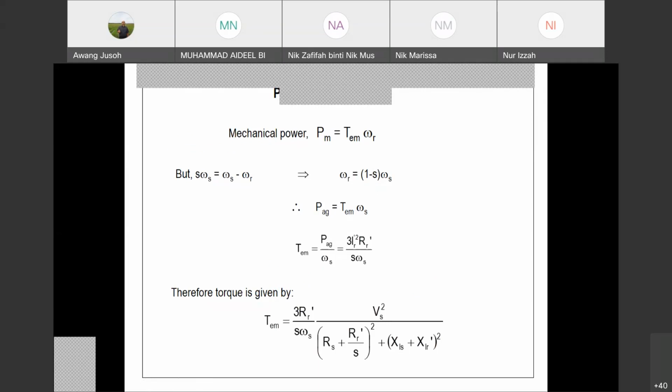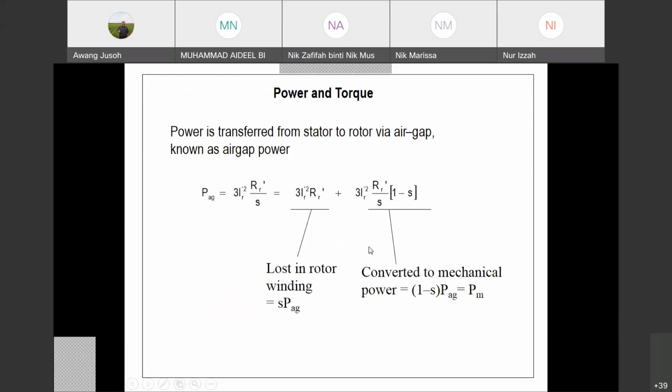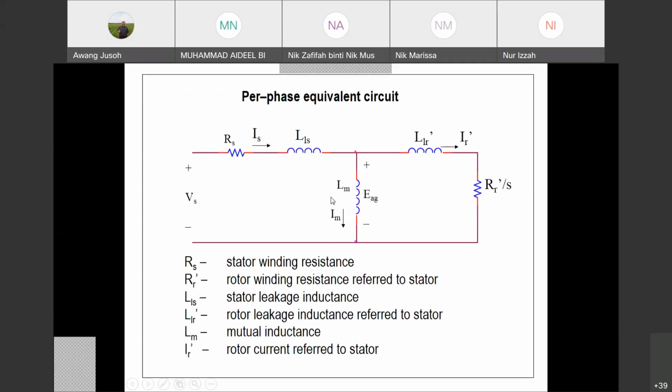Normally in an induction motor, we don't represent it in that particular way. We normally present it in terms of voltage. We want to change to voltage. So what do I have to do now? We have to change the equation for the current IR with respect to voltage. So if you see this circuit just now, this circuit here, it is called the IEEE equivalent circuit.